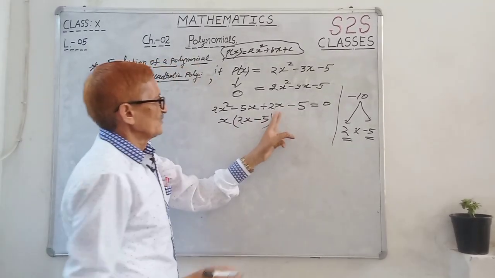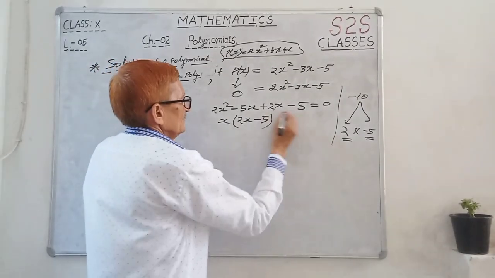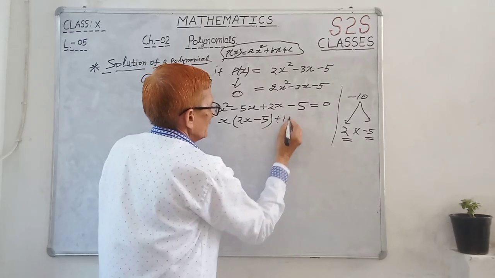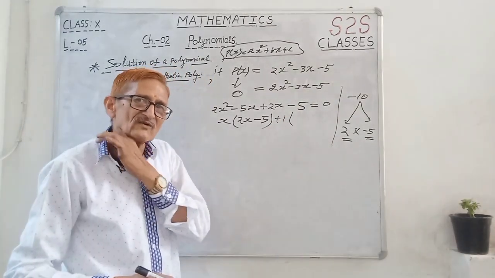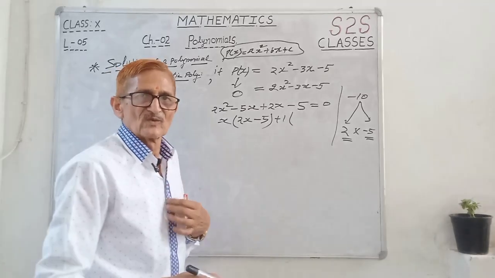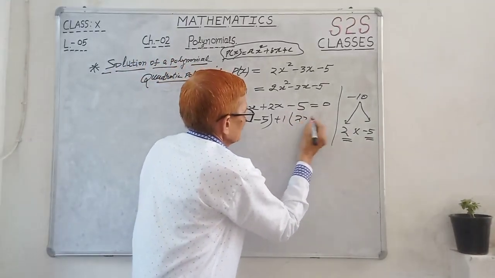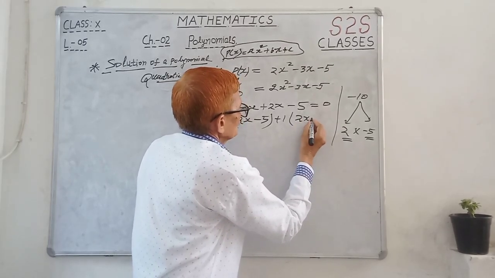Here, the last two terms plus 2x minus 5. So what is the common factor here? No common factor here, then only plus 1 is the common factor. No other number is common, so 1 is the highest common factor of all the numbers. So always take 1 common, then 2x. If there is no common factor, then 1 is the common factor,